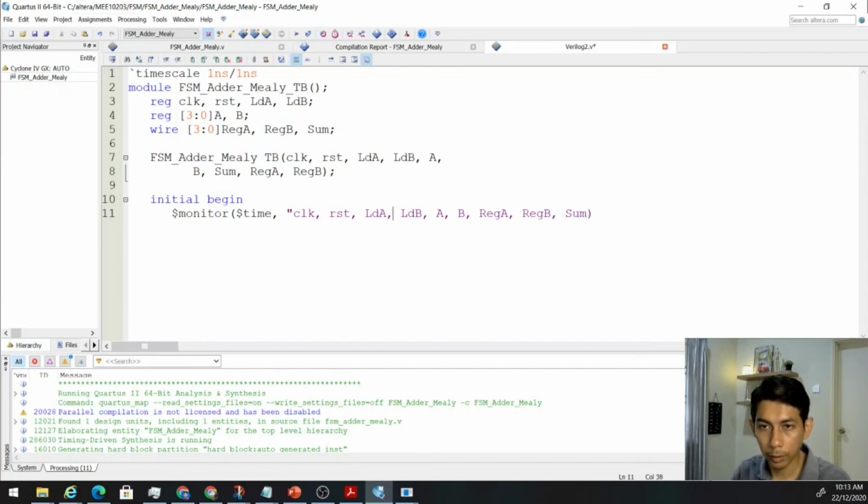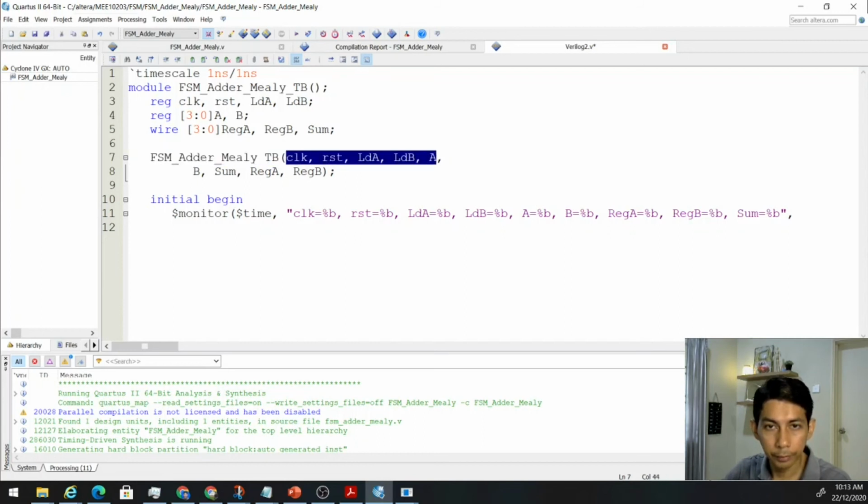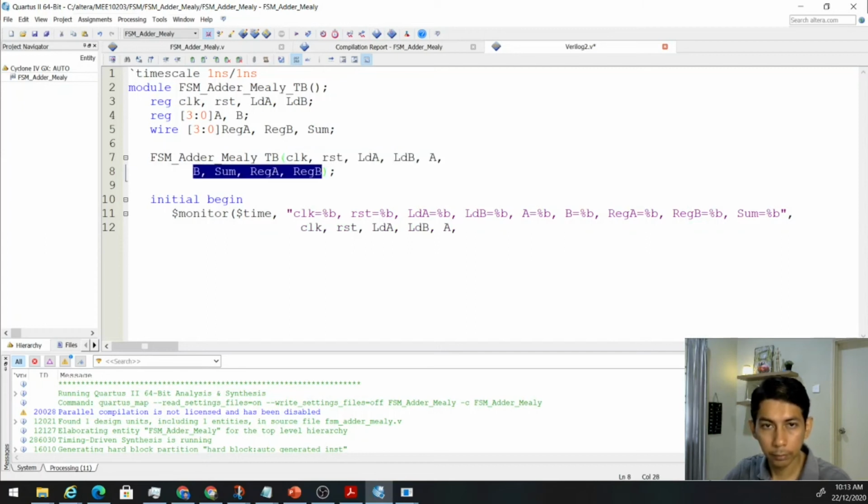All right, and all should be in binary. And this should be mapped to the signal. So we have this,